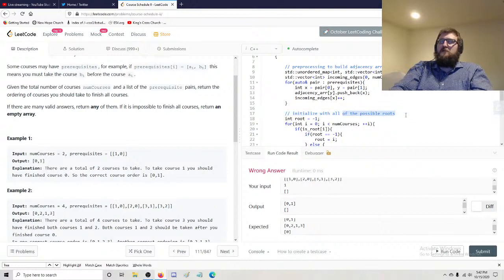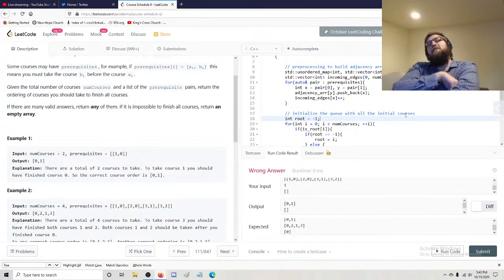So this is a forest of trees, sort of intermingling trees. Initial courses. The queue of the initial courses. Yeah, this is a very interesting question. It's a directed acyclic graph